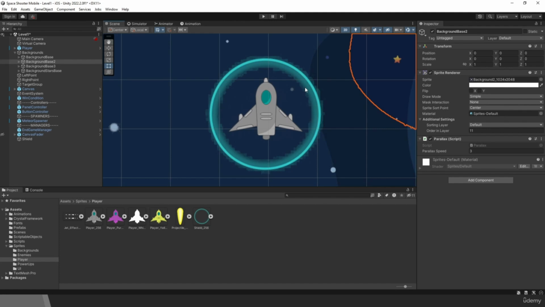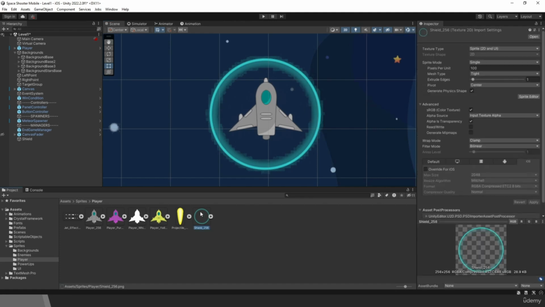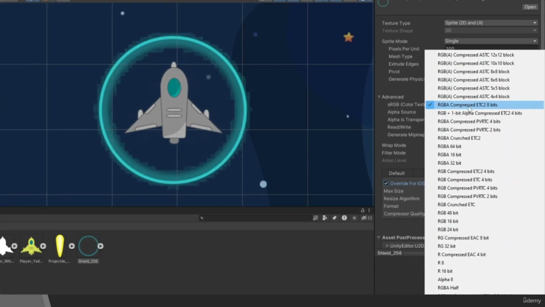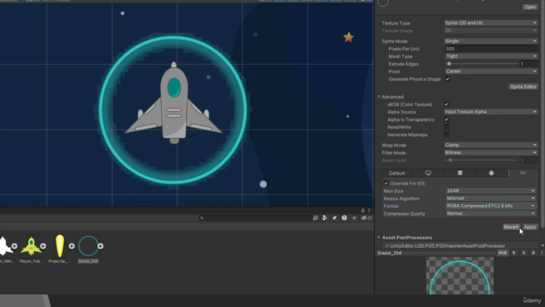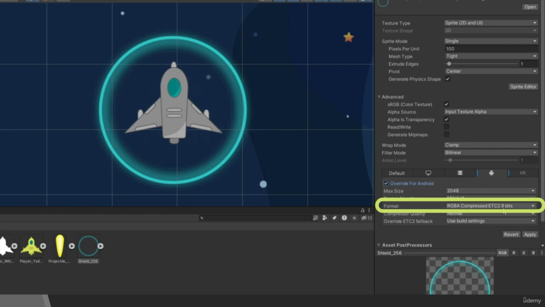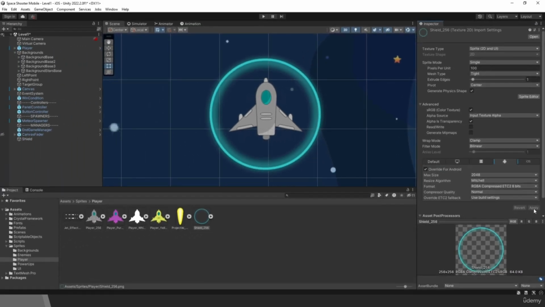To fix it, let's select the shield sprite. We need to override some settings for Android and iOS. Enable override for iOS. Then change the format to this. Apply changes and you will see improvement. It looks much better. Now select Android settings and do the same thing. Don't forget to change the format. I will put a link to the list of supported formats and settings so you can find the best options